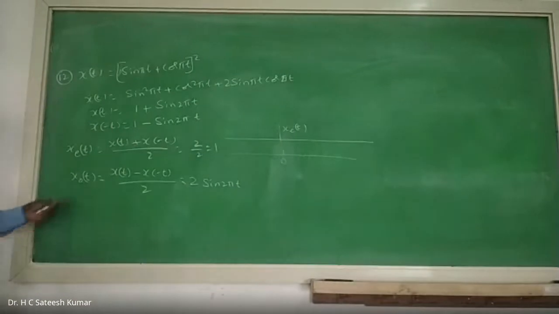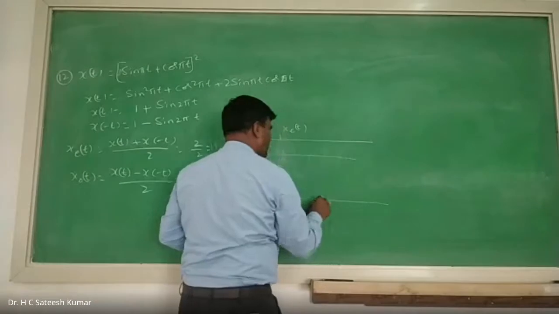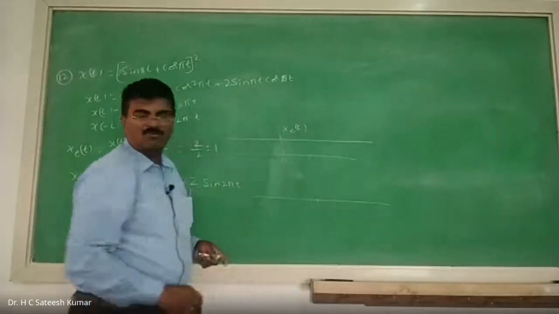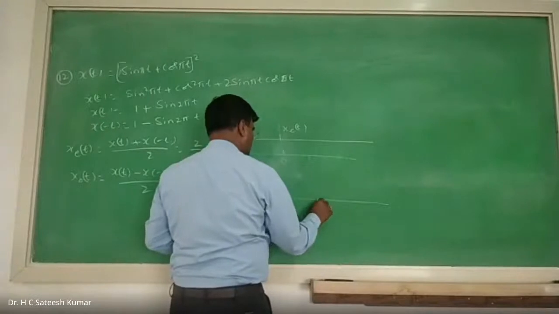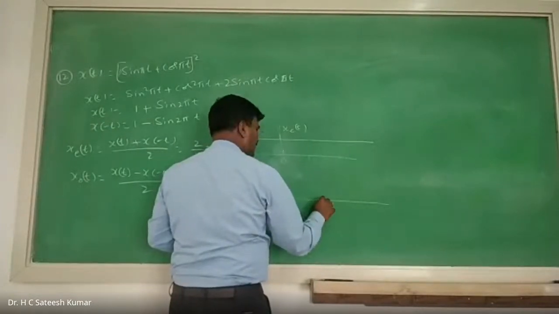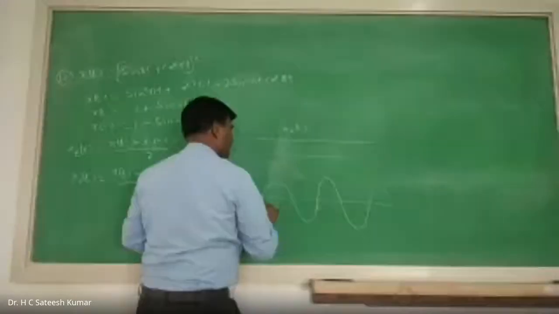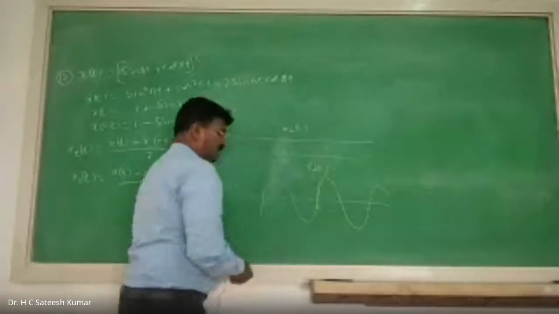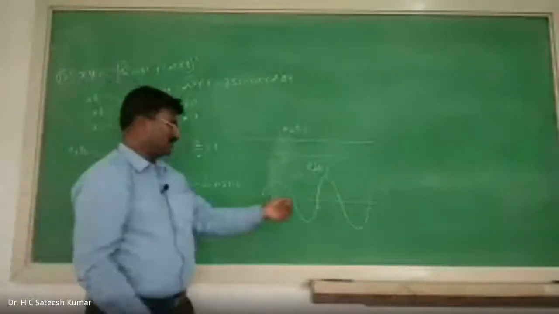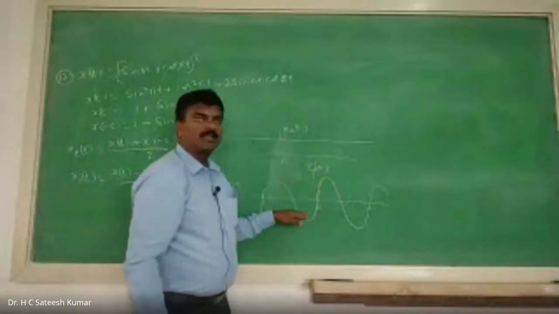So what is that? At 0 its value is 0 and the sine function will be antisymmetric. Left hand side is double fold of right hand side. Okay, right? So at 0 its value is 0. At pi, all those things, its value will be 2, like this. And this is your xo of t. Left hand side is the double fold of right hand side. At origin, it will be 0. You fold once here, it will come here. And this will fold, you will get this, right?